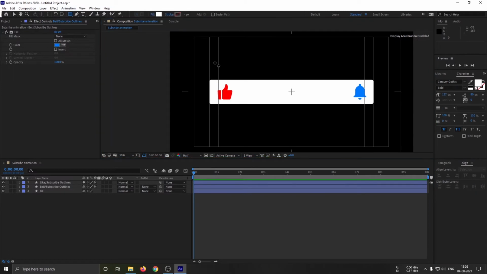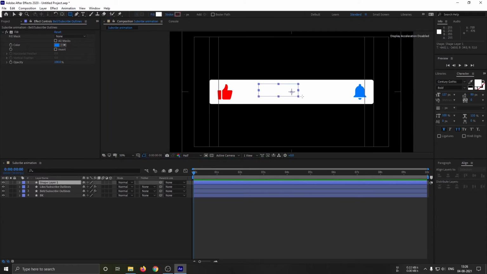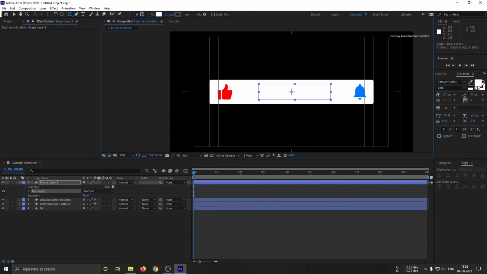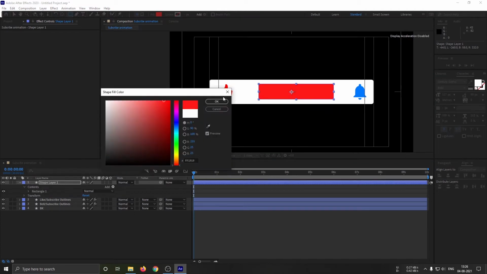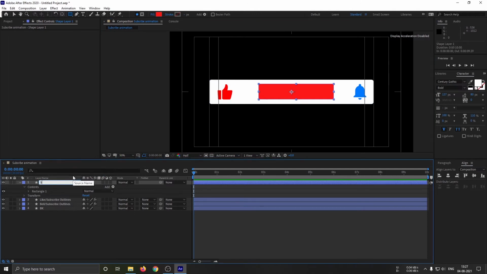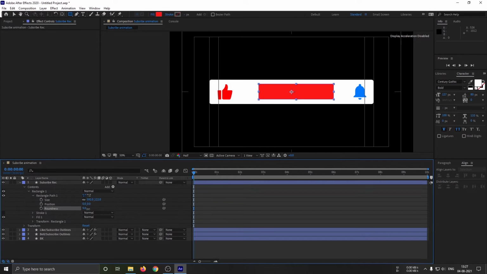Now make a new rectangle for the subscribe button. Change the color from white to red. Rename it and align it to the center.